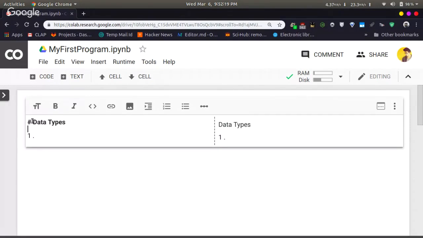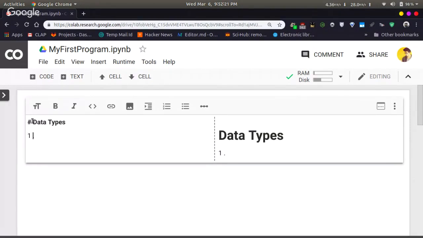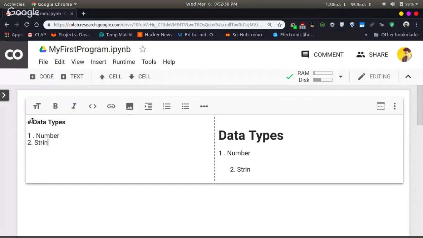There are different types of data. One is integer, so you can say it as number itself. The second is string. The third is list.